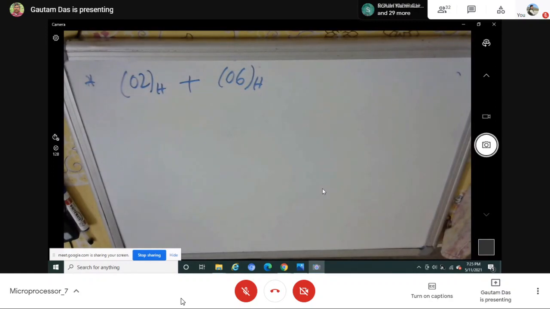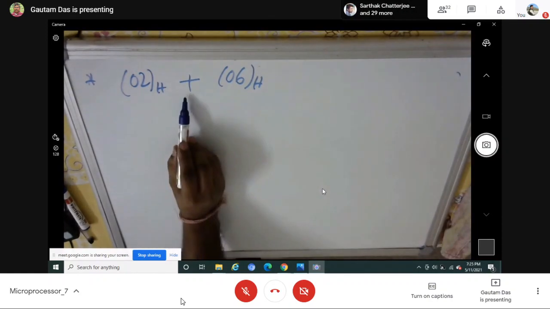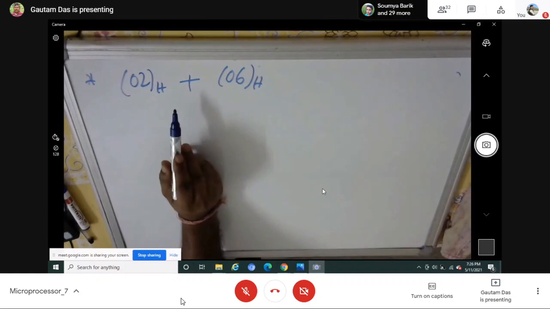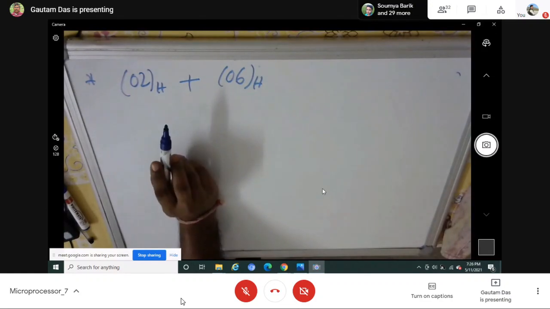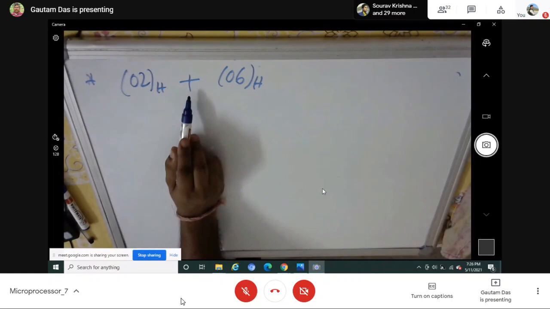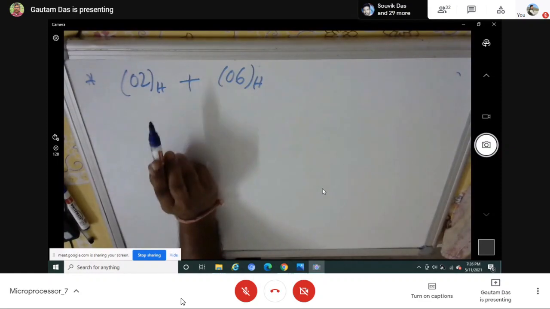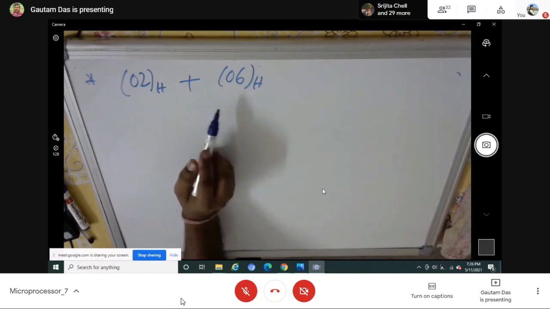So how will you write the program? You have to definitely use an instruction to perform this addition. You have to perform the arithmetic operation addition, and you know that to add two data, one of the two data must be there in the accumulator. For addition, the ADD instruction is there, but it is a mandatory requirement that one data must be in the accumulator.